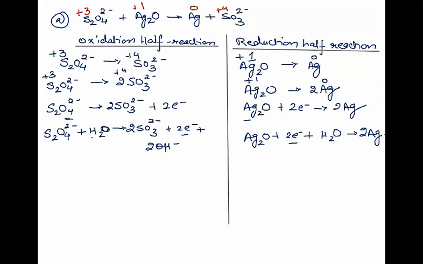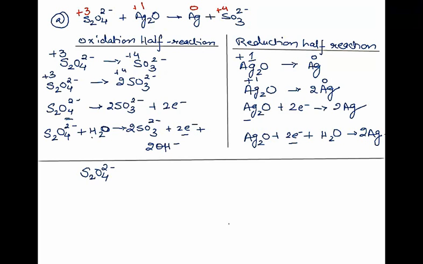Now you need to add the 2 half cells. Everything is balanced, so our work now is to add the 2 half reactions. What are they? They are S2O4 2- plus H2O